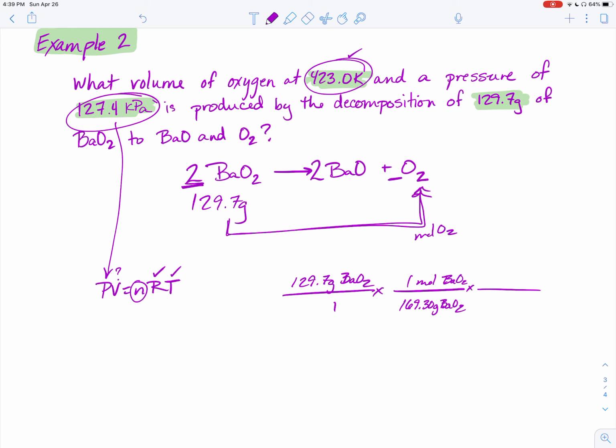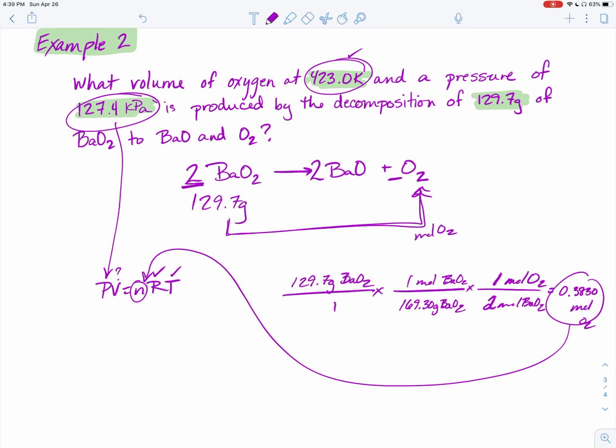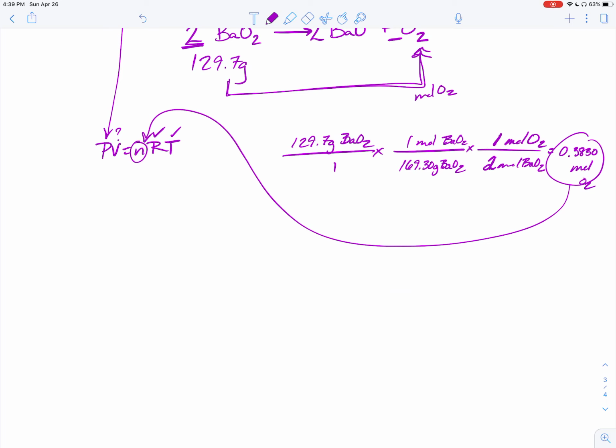For every 2 moles of BaO2, we get 1 mole of O2. That gives us, to 4 sig figs, 0.3830 moles of O2. Now we can plug that right into the ideal gas law and solve for volume. Our volume equals moles times the constant times temperature divided by pressure, and those values are as such: 0.3830 moles